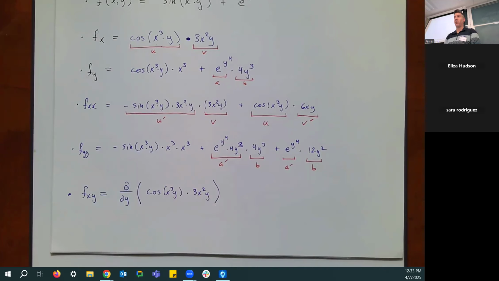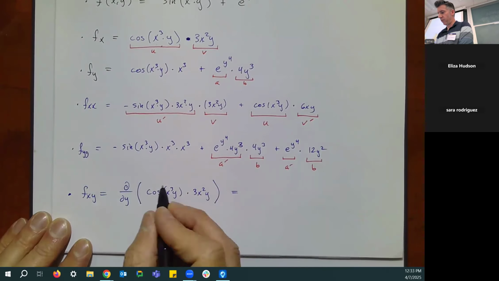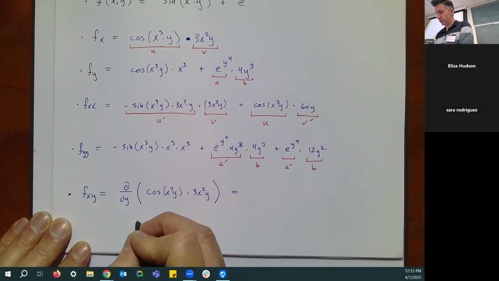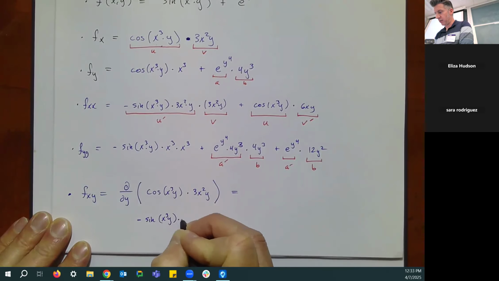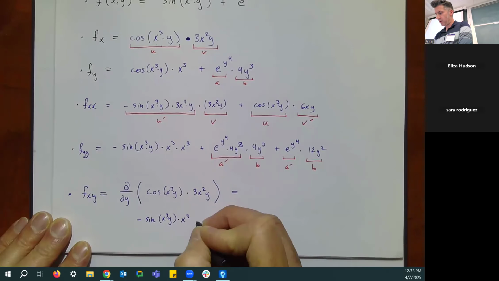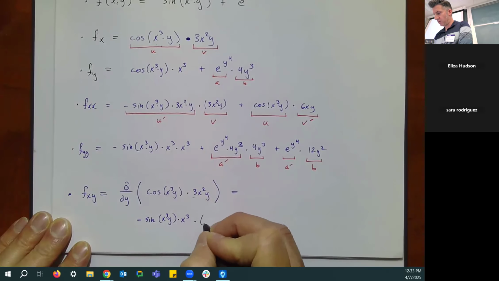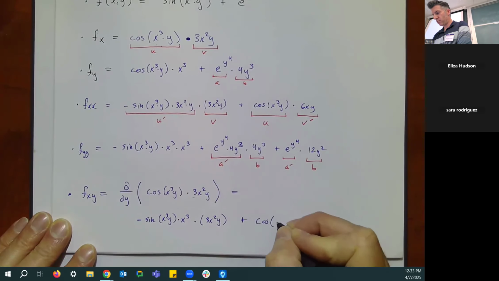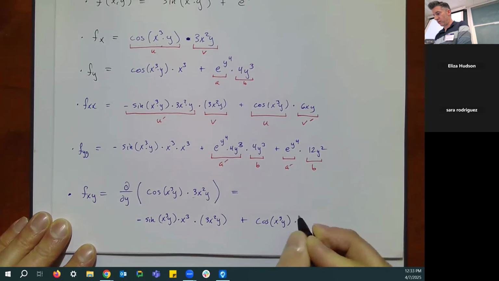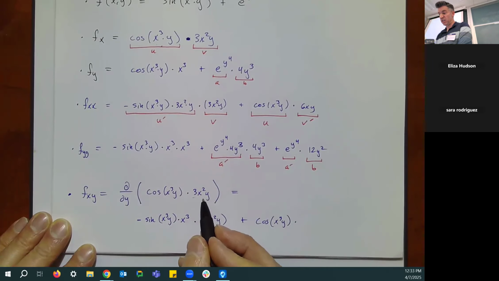I do have to use the product rule here because I have a function of y times another function of y. But it's not too terrible. So we're going to get the derivative of cosine of x cubed y, which is going to be negative sine of x cubed y times x cubed, multiplied by the other stuff left alone, 3x squared y, plus, and then we switch it up. We leave the first piece alone, multiply by the derivative of the second piece, which is,